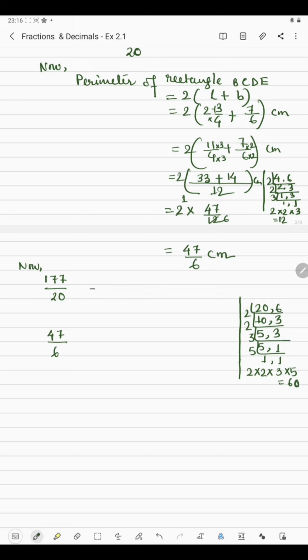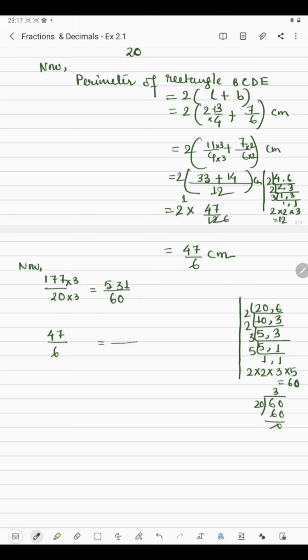So we will have to make 60 here. So by which number you multiply the denominator to get 60? It's 3. How? If you divide 60 by 20, then see 2 1s are 20, 2 2s are 40, 2 3s are 60. So we have got 3, that's why 3 here. Now the same number will be multiplied by the numerator. So 3 7s are 21, 2 carry, 3 7s are 21, 21 plus 2 is 23, 2 carry, 3 1s are 3, 3 plus 2 is 5. So it's 531 by 60.